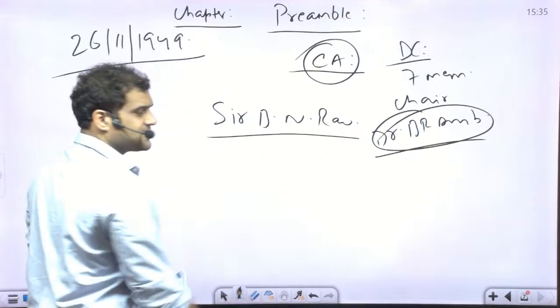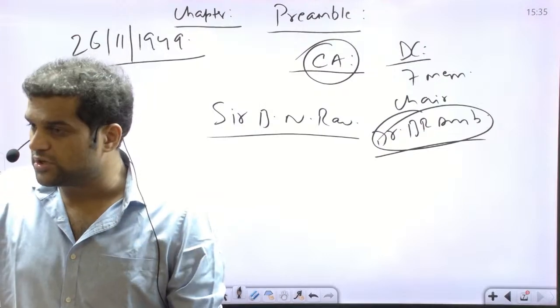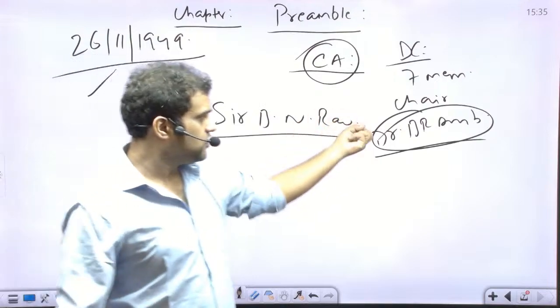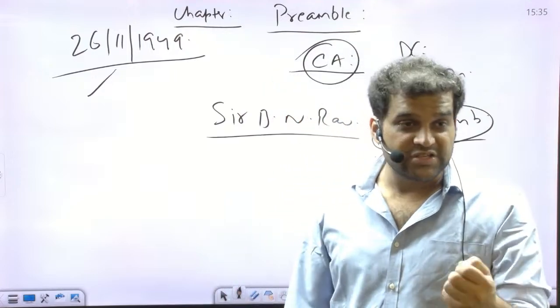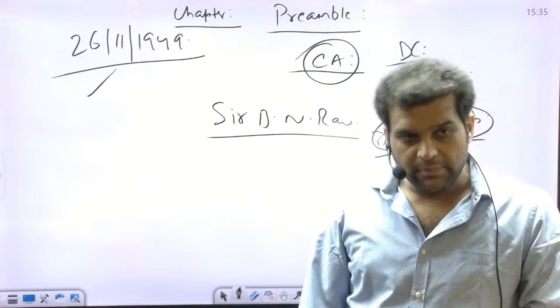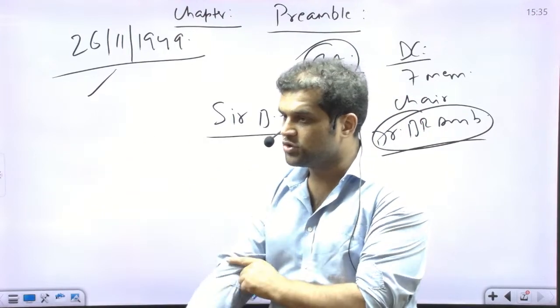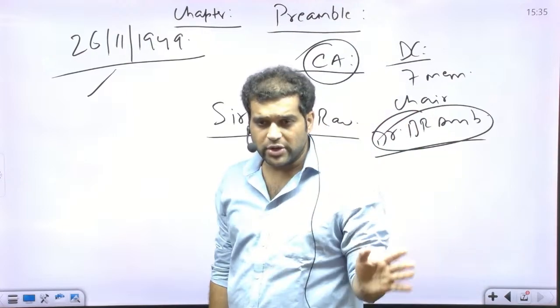All right. Sir B.N. Rao was the constitutional advisor to the Constituent Assembly, and people who know the history of constitution making say that the role of Mr. B.N. Rao was even greater than that of Ambedkar in the formation, in the enactment of our constitution. Getting my point? But that's a different academic debate. Let's not go into it.